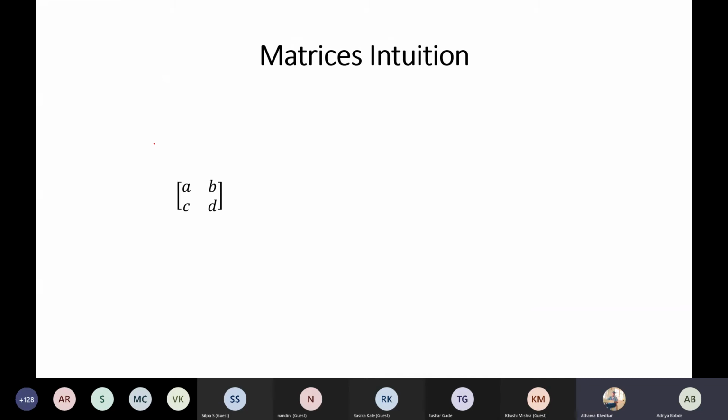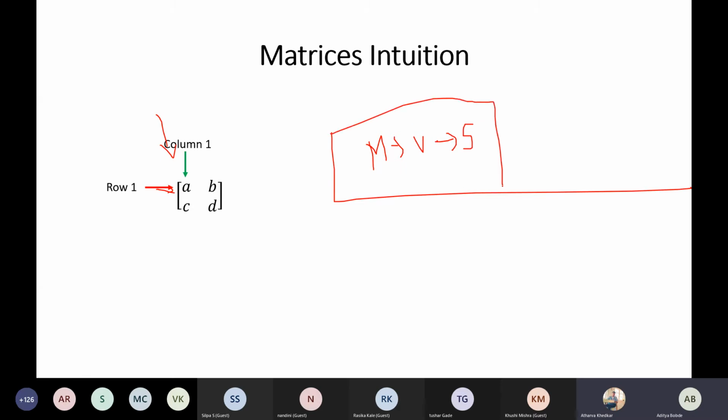Now we'll be just moving on to the matrix. I hope every one of you has studied what a matrix is. So this is called my row vector. This is called a row, and this is called a column. Again, what is a matrix? A matrix is a collection of vectors, and what is a vector? A vector is a collection of scalars. Okay, just understand this figure. A matrix is formed from vectors, and a vector is formed from scalars.